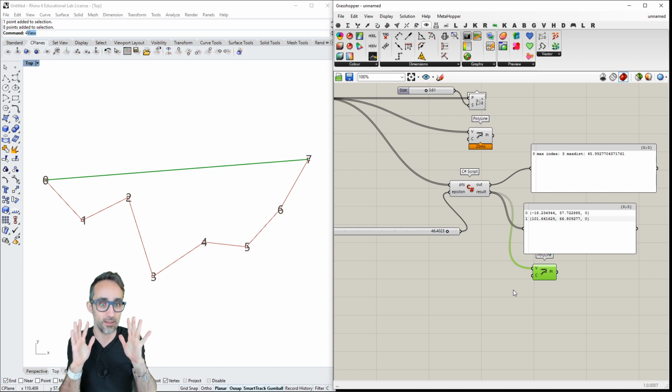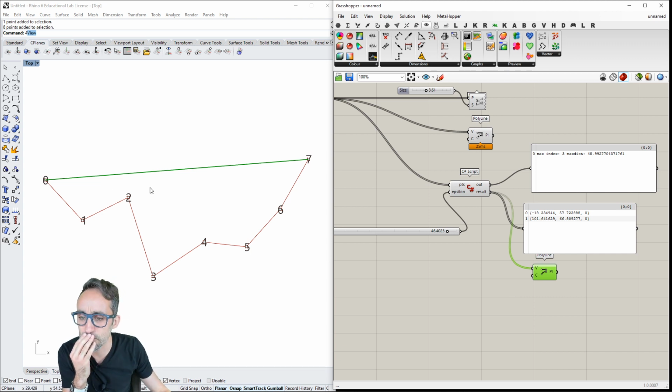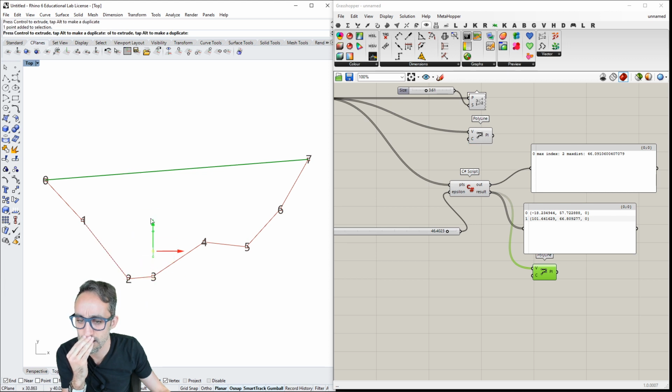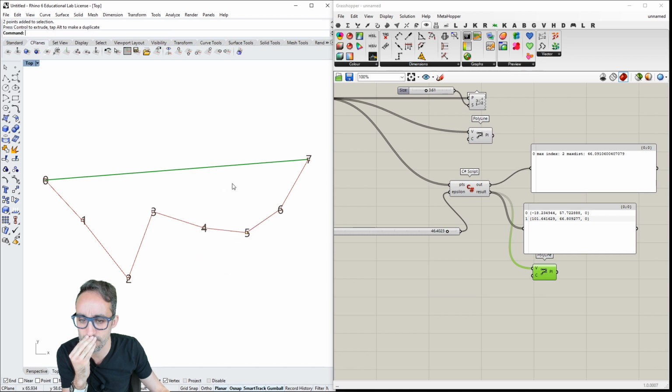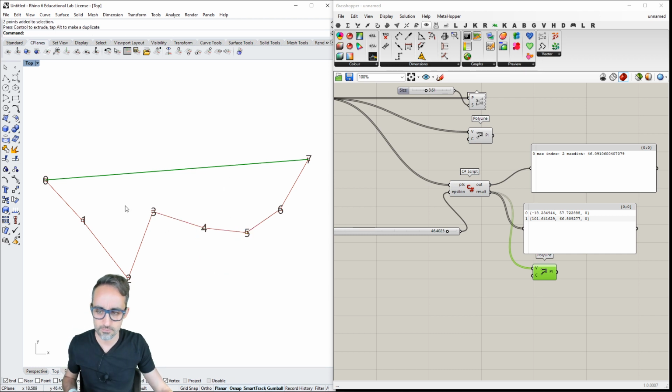So now let's see how we can split the polyline in two and then apply recursion and apply this logic to each one of the two ends. So follow me on this one. Okay, I think I'm going to change this, because I think this is going to make things a bit easier to understand.